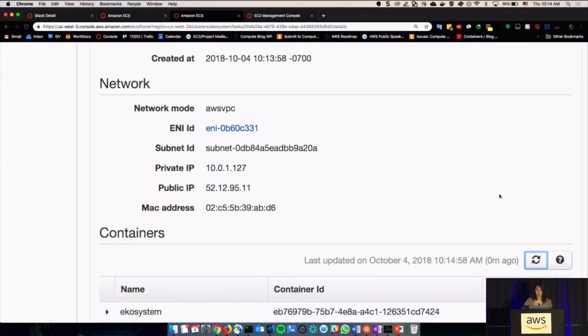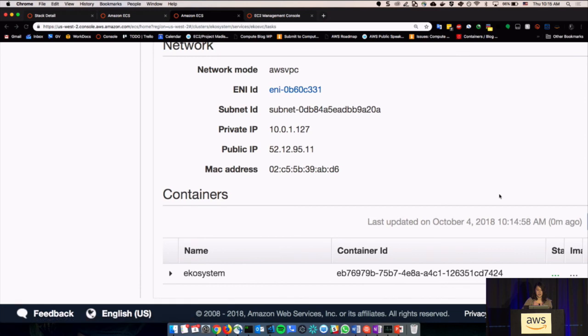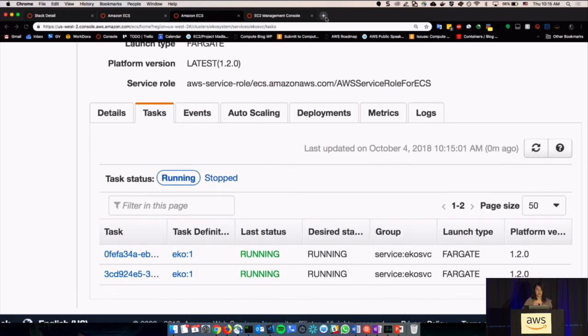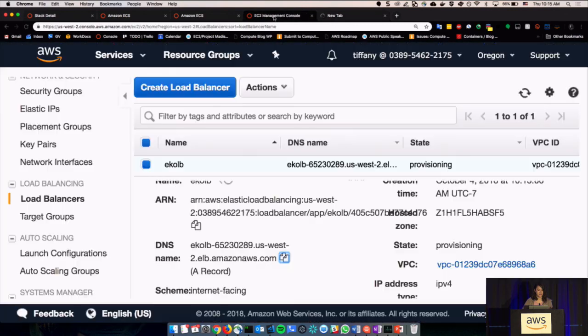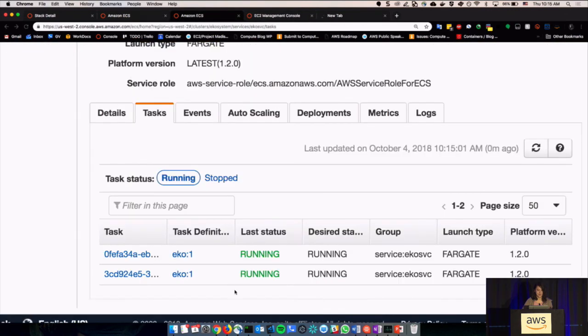If I refresh again, it says it's running, so let's hope the demo gods like me. And they don't, of course.